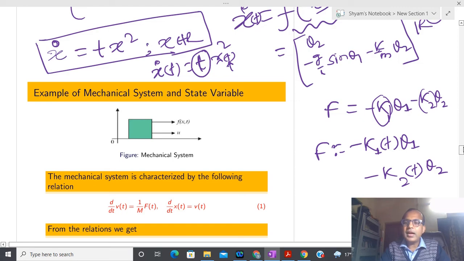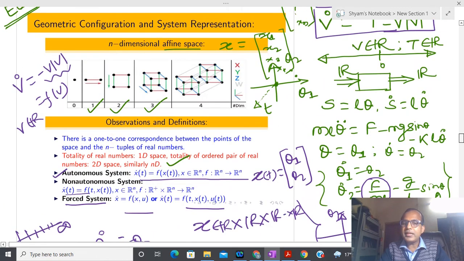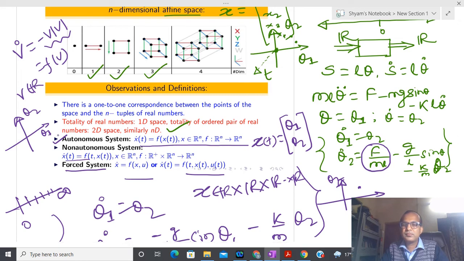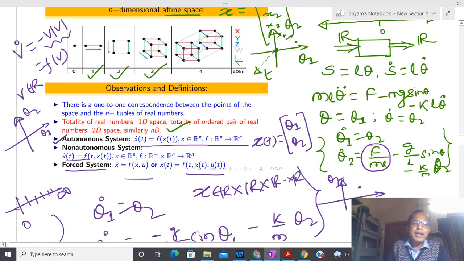Now Antara, I will ask you one more question. I am going to take the same pendulum system, with theta 1 and theta 2. Is there any restriction on theta 1? Antara, what do you think? Suppose the pendulum is moving in a vertical plane. What maximum angle can theta 1 take? 0 to pi, 0 to 2 pi. It means that I have a restriction.